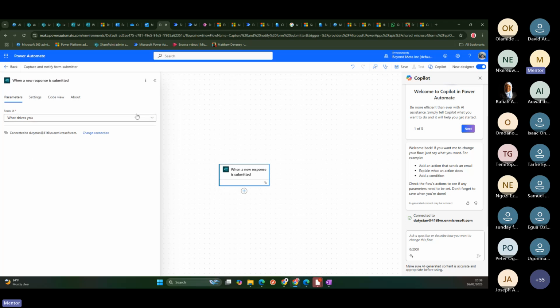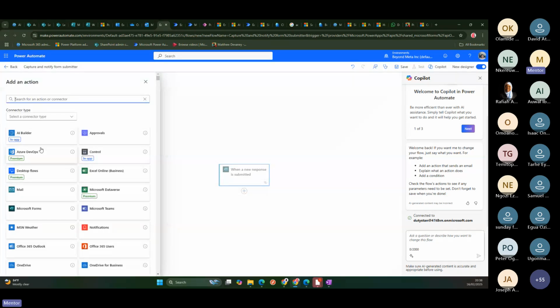That also works. But since it can't see it from the list, you just select the form you want to work with. So when a response is submitted, what do you want to do? It's very important. I actually like using this example. When a response is submitted, this is the form I want you to track. What's the next action you need to do here? You need to get